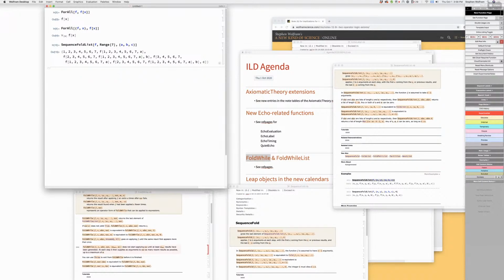I see. And then you're starting to fold in the things. After the prefix, you start to fold things in. Right. So in FoldWhile, there is also an argument of number of variables that you feed to the test function. So it's separate, it's different. So it's not to the function being applied, but to the test.